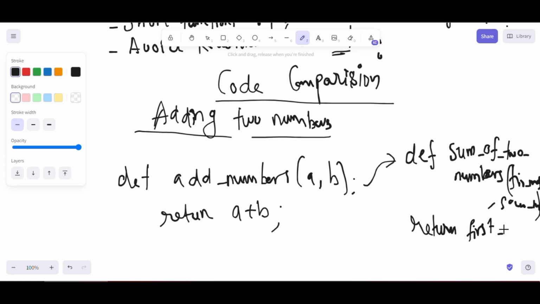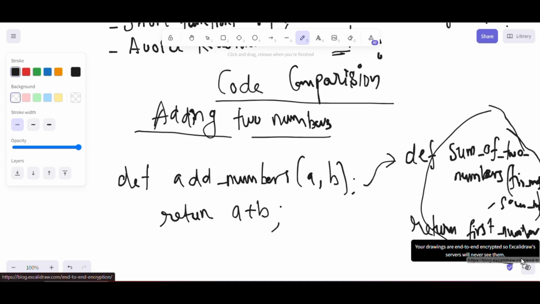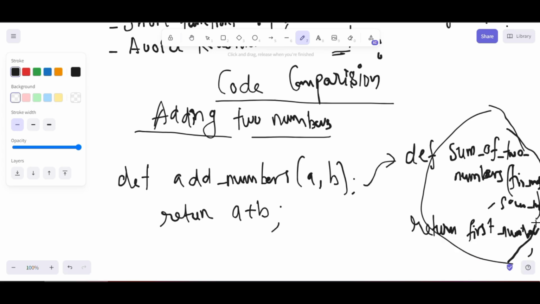Otherwise, after a day, two days, or a month, you will not understand what this function is doing. If you're learning, think about it like this. This is a bad way of writing, so name it as bad code.